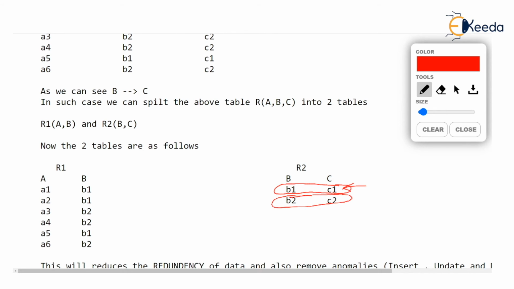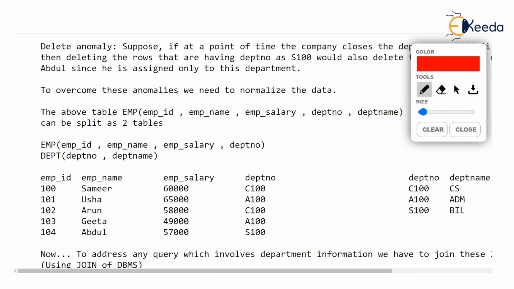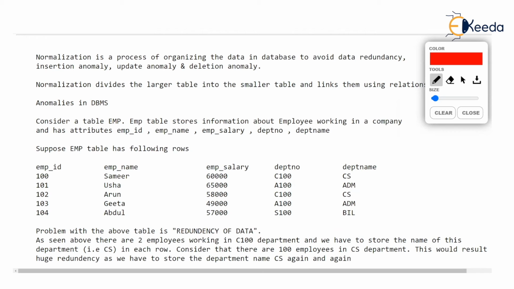This example is exactly the same as the example discussed in the first video, where we had two different tables. Recall, we had first one table which was having, I'll just reduce the font, EMPID, name, salary, department number, and department name. Watch, wherever department number matches in both tables, then department name also matches. So we had a functional dependency here. Department number determines department name, isn't it?